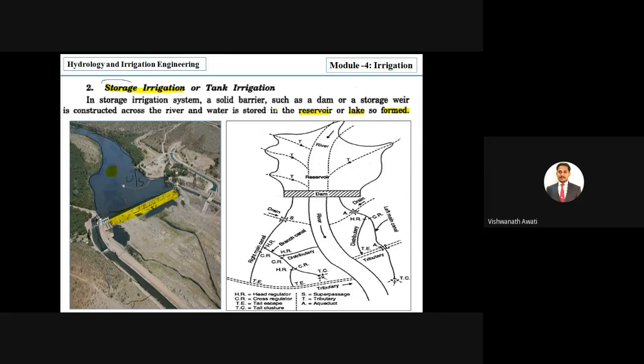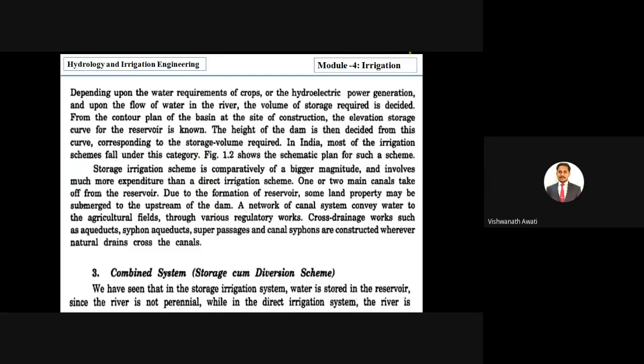Due to the water storage, you will get a reservoir of water or lake kind of formation. Depending upon the water requirement of the crop, or hydroelectric power generation, and upon the flow of water in the river. So based on which type of crop, if it is sugar cane, based on the sugar cane area, you can call it a sugar belt area. That water requirement of the crop, or it depends on the hydroelectric power generation, and even depends on flow of